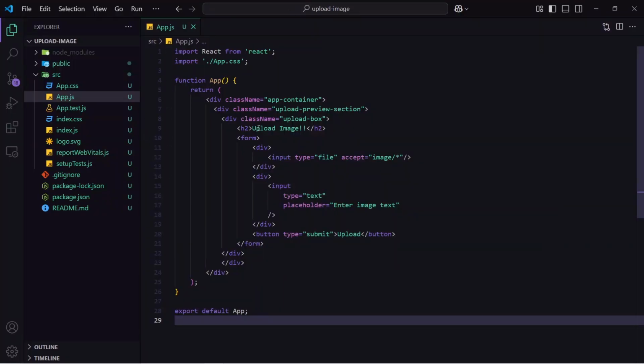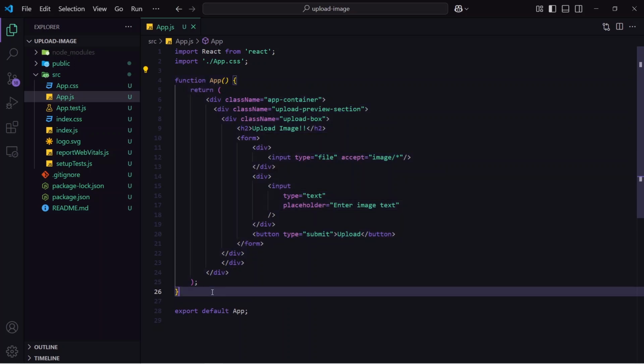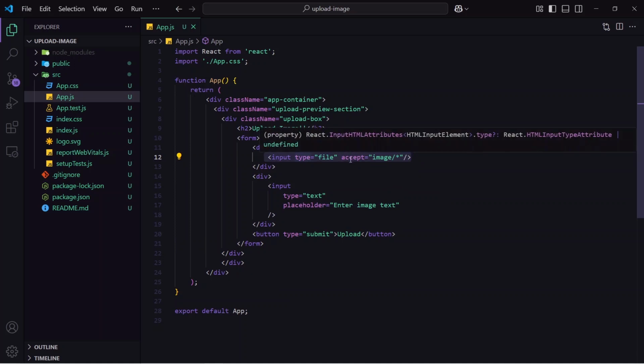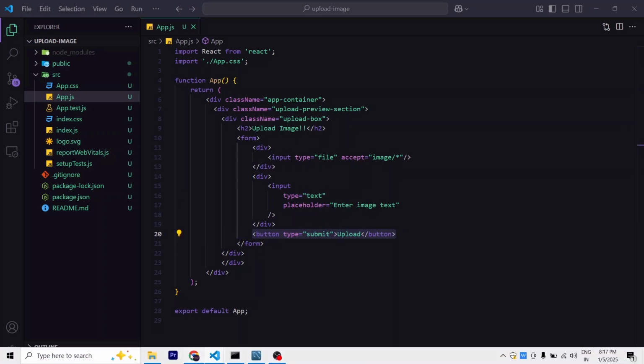Okay, you can see here this is my React application and here I have created the basic layout to upload the image. So you can see here inside all the div I am having the header, and inside that I have created one form. Inside the form I am having the first input whose type is file. That means it will accept the file and it will accept all kind of images. That's why I have written star here. That means we can upload png, jpg, anything. After that I am having the another input whose type is text. That means user can enter any type of text in this, and here I am having a button of type submit. If I show you the output, you can see this is the output.